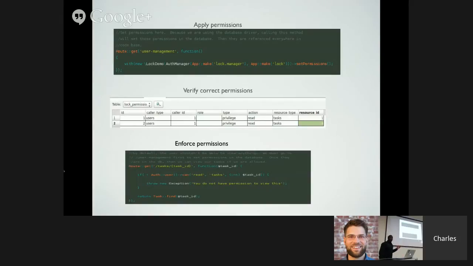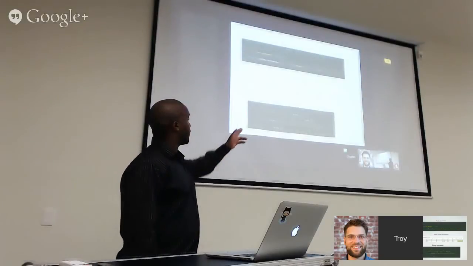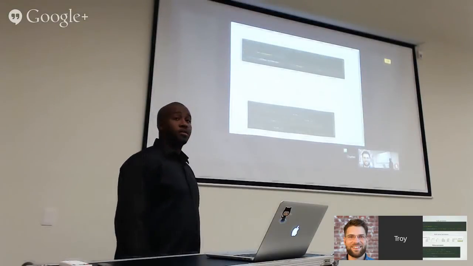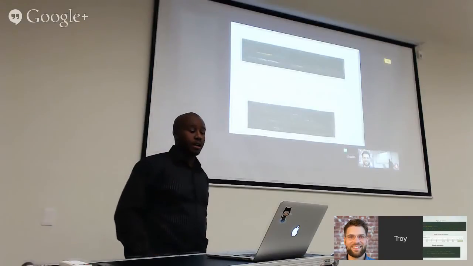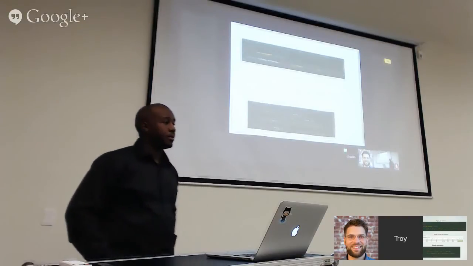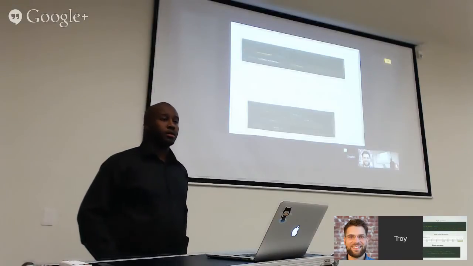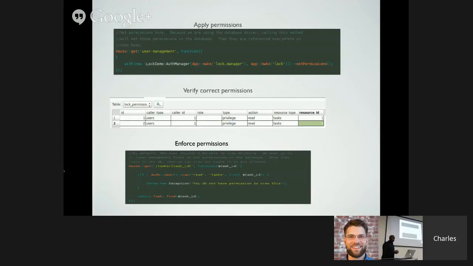It creates a lock, so when you run a migrate, it creates a permissions table, and that is the structure of the table, and it adds those rows to the lock permissions table. There's a row for each one? For each user. So you see that you have users, and then